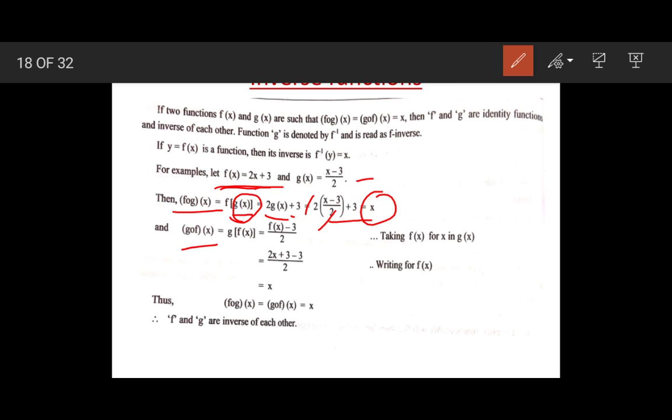So that is equal to x. Similarly, we have to find g∘f(x), that means g of f of x. Now in g of x function, I have to replace this x by f of x. So that will be (f of x minus 3) upon 2. But f of x is 2x plus 3. So (2x plus 3 minus 3) upon 2. Then plus 3 minus 3, 0. 2 cancel. So that is equal to x. And f∘g(x) is x, g∘f(x) is x. Right? So condition is satisfied, and therefore f and g are inverse to each other.